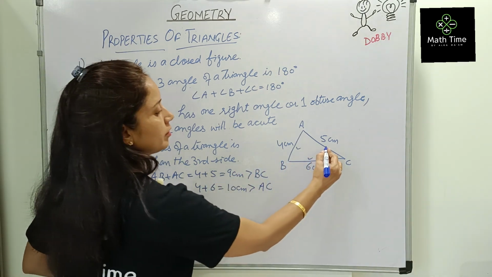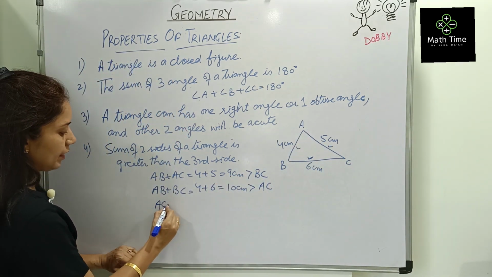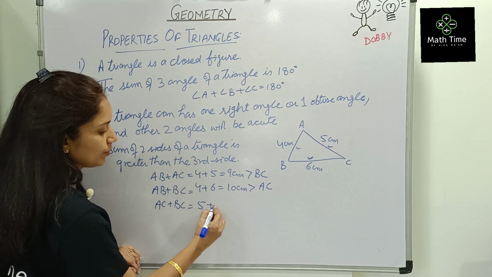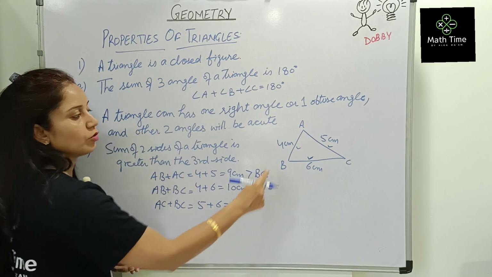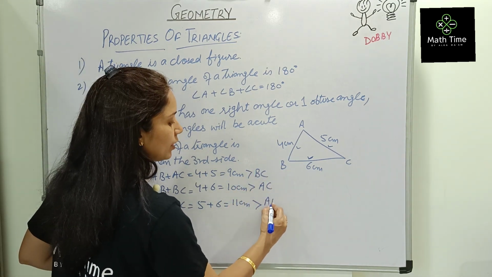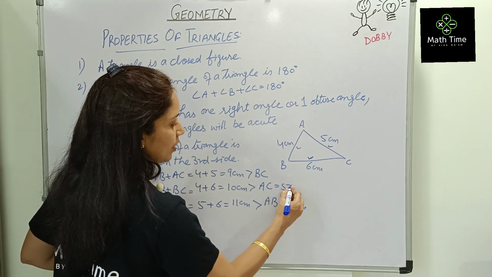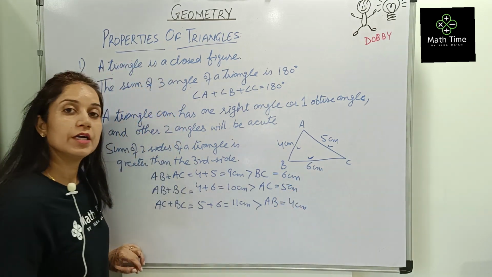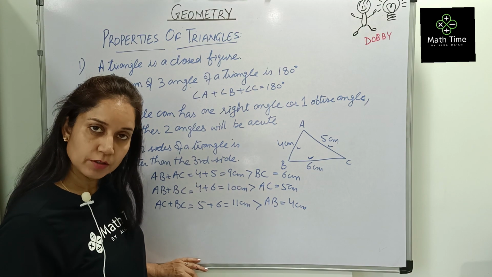Now adding AC and BC. AC 5 plus BC is 6 gives us 11 centimeter, which is also greater than the third side AB, which is 4 centimeter. AC was 5, BC is 6. So a triangle is possible to draw